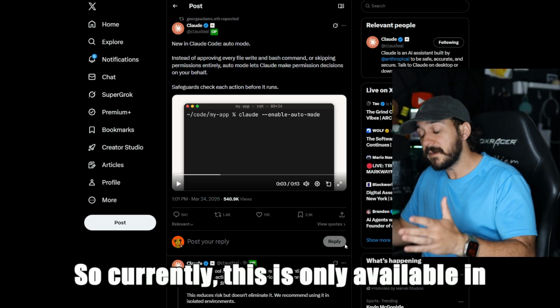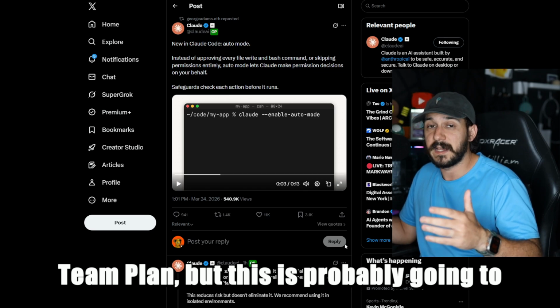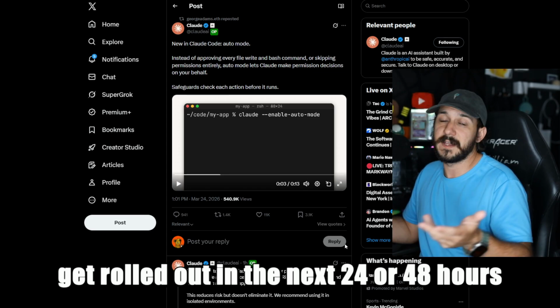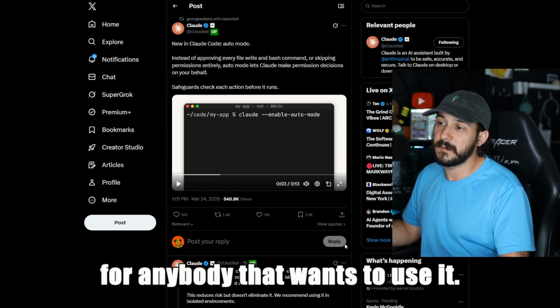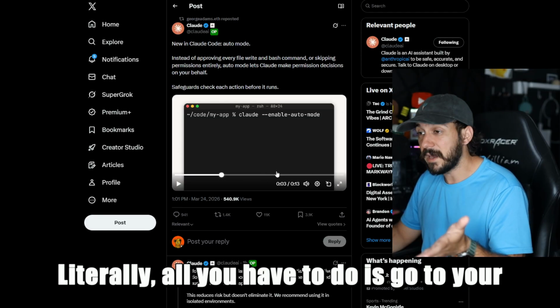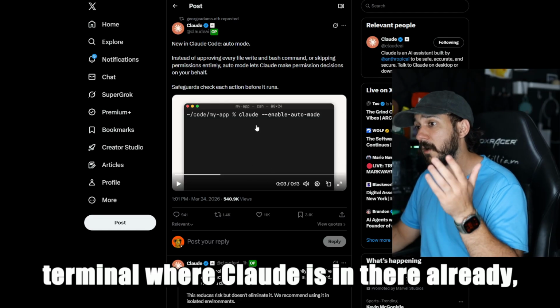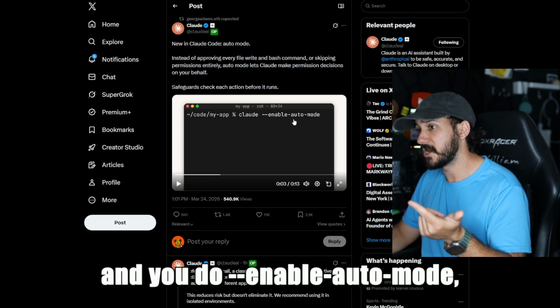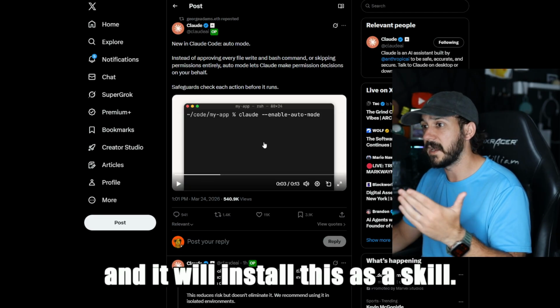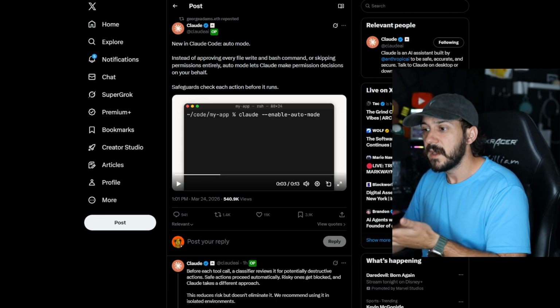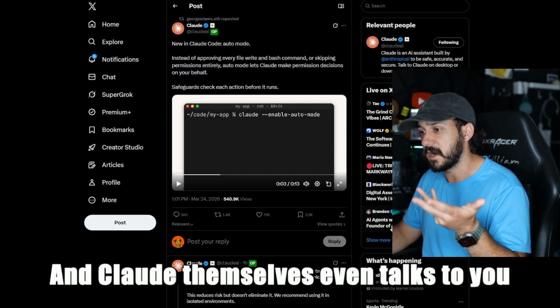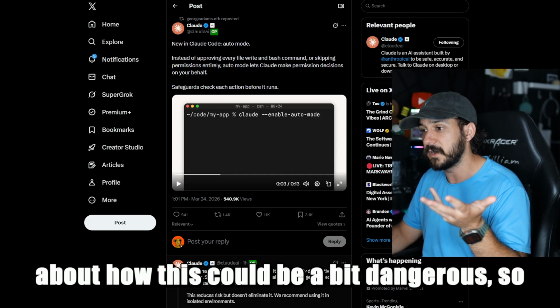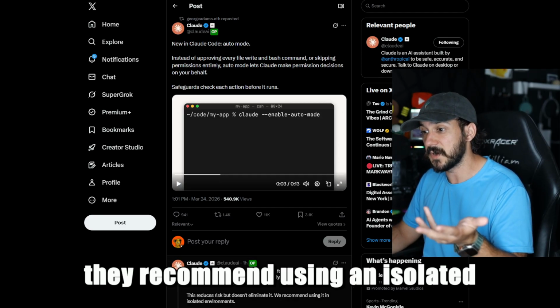So currently, this is only available in Team Plan, but this is probably going to get rolled out in the next 24 or 48 hours for anybody that wants to use it. Literally, all you have to do is go to your terminal where Claude is already, and you do --enable-auto-mode, and it will install this as a skill. And Claude themselves even talk to you about how this could be a bit dangerous, so they recommend using an